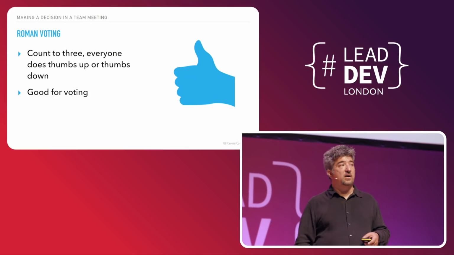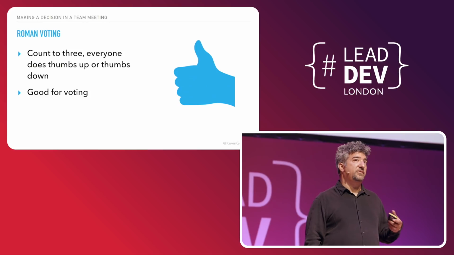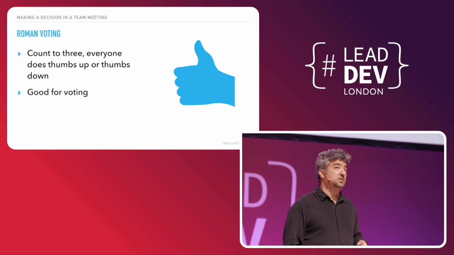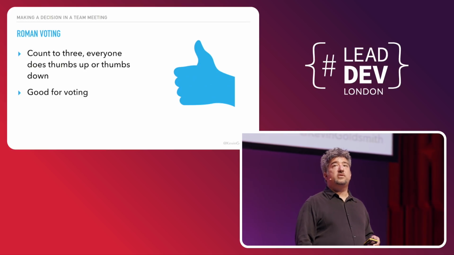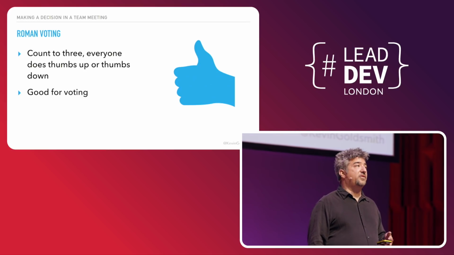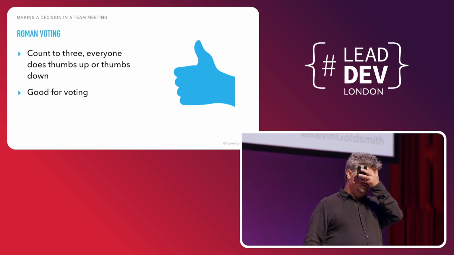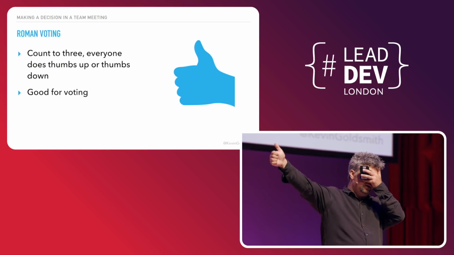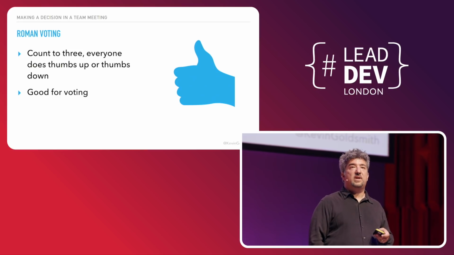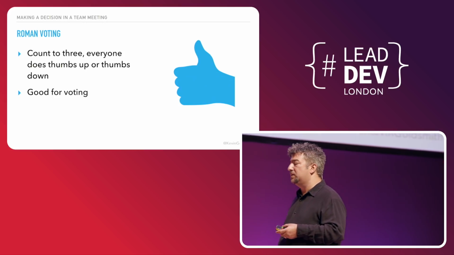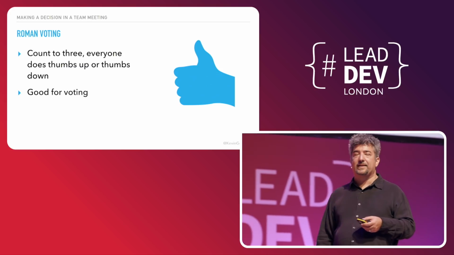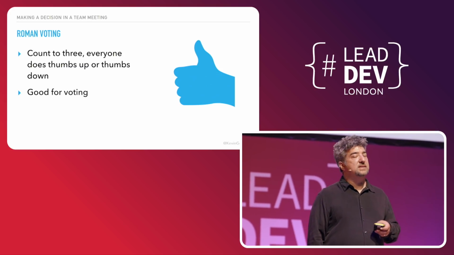One thing, if you've heard a lot about psychological safety: if you have a team that is struggling a little bit with psychological safety, one thing you can do is say, we're going to vote on this on 3, but we're going to cover our eyes. 1, 2, 3. And so people can express their opinion in a way that they don't have to worry about consequences. Hopefully it's not that bad, but if it is, that's an option.